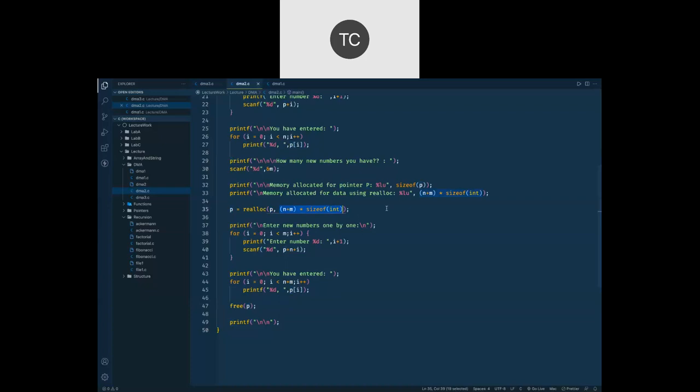So realloc will be reallocating memory. A new memory block will be allocated to you. Older values from the old memory location will be copied into the new memory location. The old memory will be deallocated and the new memory address is going to be returned.